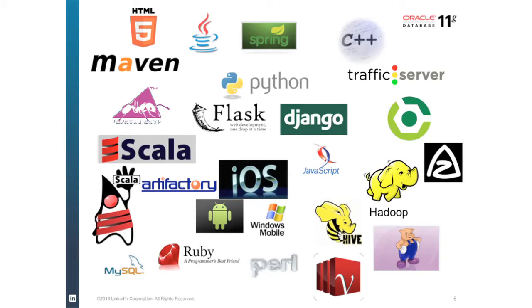As technologies grew, we acquired new companies, we acquired new technologies. Everything just ballooned into this heterogeneous stack of things. And this, by the way, is what I could think of in like 5 minutes off the top of my head. There are many, many more obvious examples of things that we use today that aren't on this slide. I could probably make it a lot more messy if I wanted to.